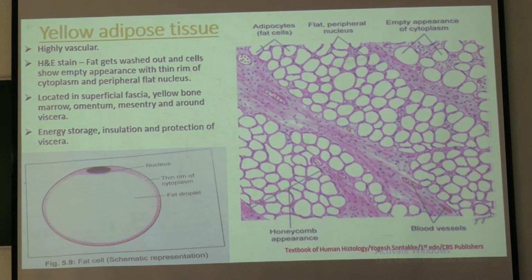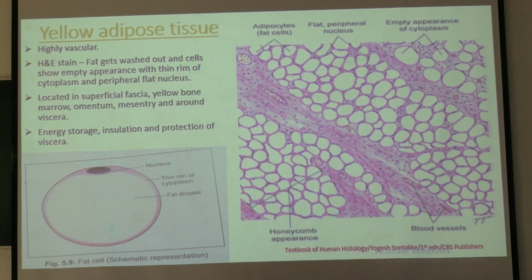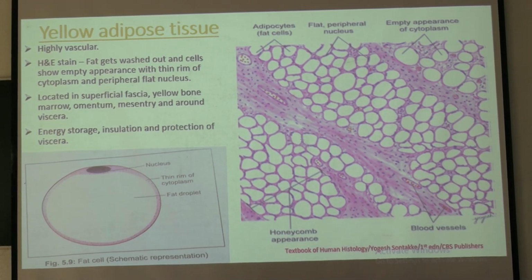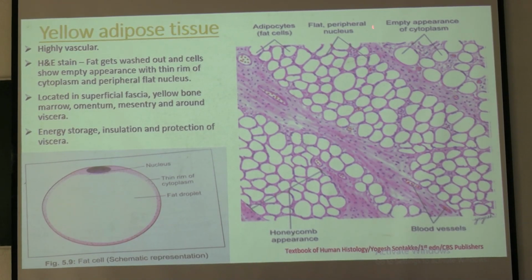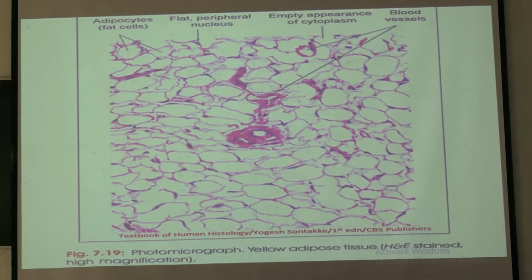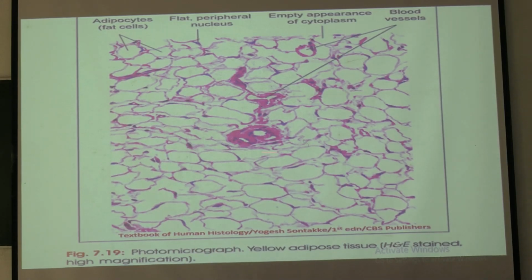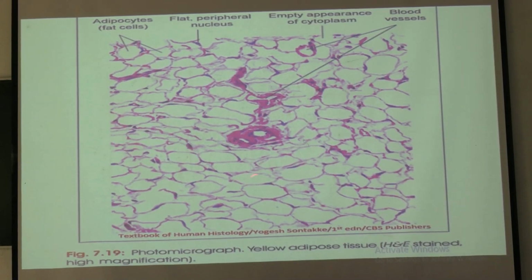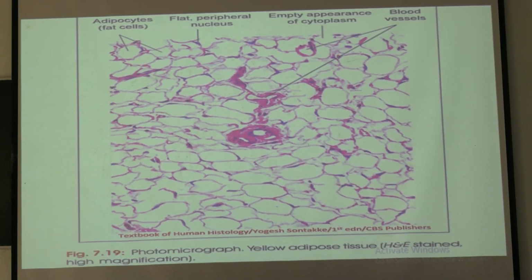Okay. Adipose cells you will see everywhere. In different sections, groups of adipose cells you will see, and they will give those empty loops like this. Foamy appearance or empty loops will be there. Empty appearance of the cytoplasm. Okay. See, like this you will see yellow adipose tissue. This is a high power view. Low power view you will see like the previous slide. This is one section of a blood vessel, and these are the adipose cells with flattened nucleus and peripheral ring of cytoplasm.